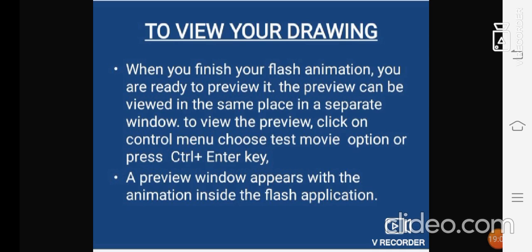It will create a zip file format seamlessly, and this format will help us to view the animation without opening the Flash application. So we can use this format to email the animation to your friends, your teachers or your family, whatever presentation you want others to see. In this way you can email them or open and show them. This is how we need to do, students.